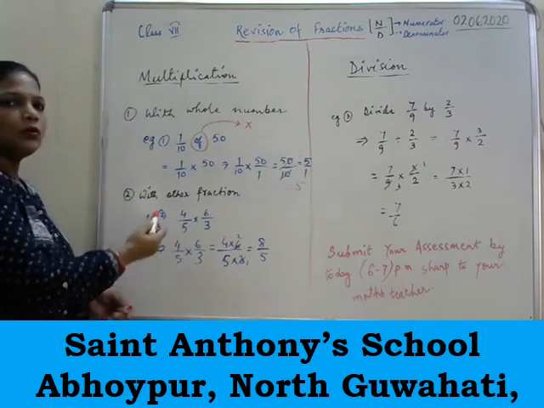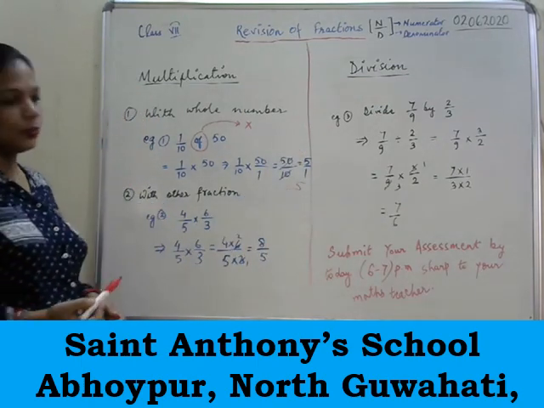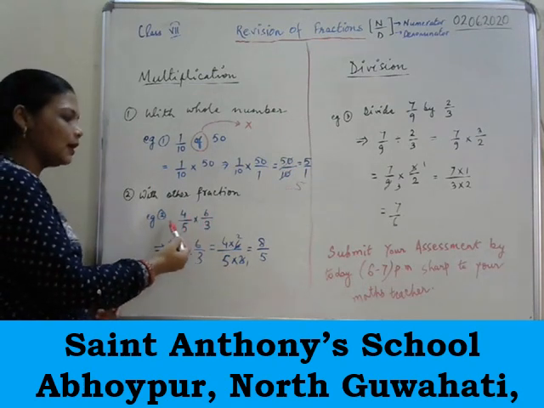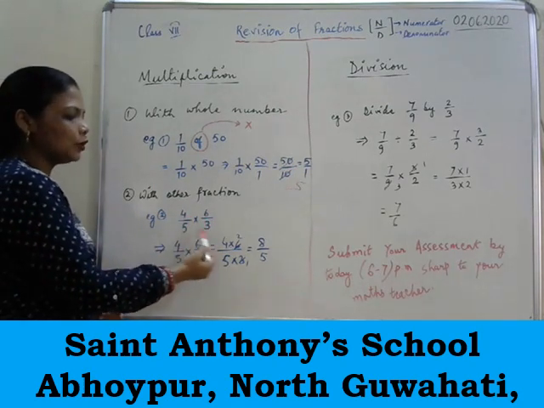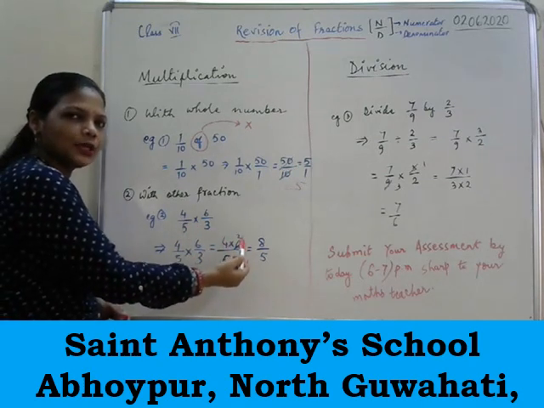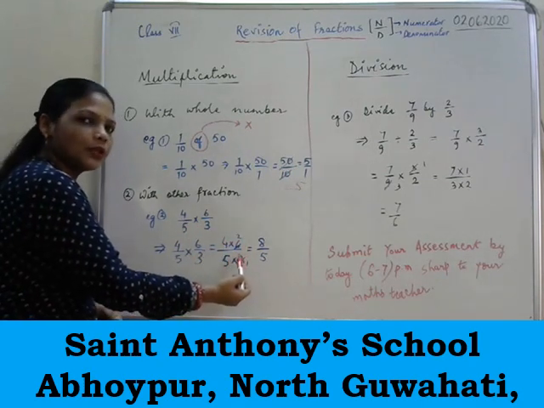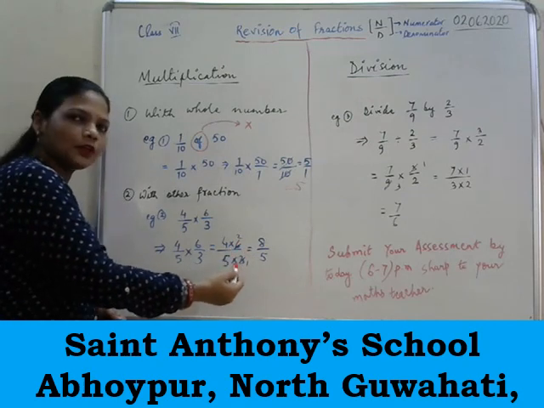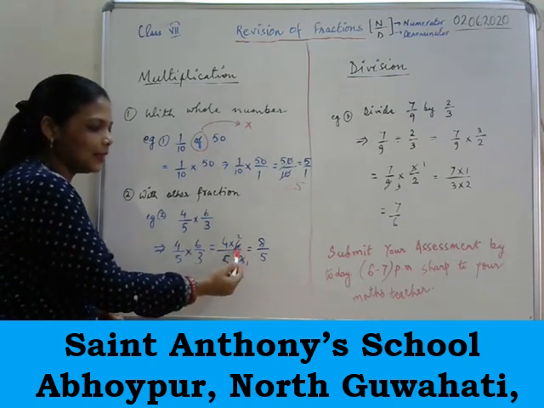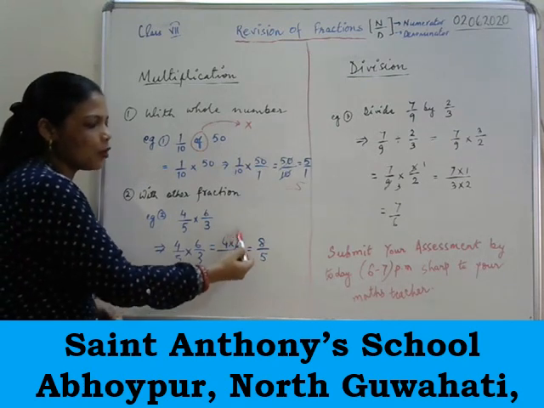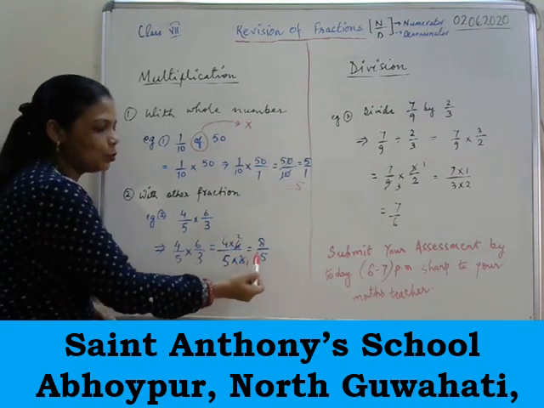Now, when we have two fractions to be multiplied, what will we do? Same method. See the example, 4 by 5 into 6 by 3. So what will you do? You will multiply the numerators 4 into 6 and the denominators 5 into 3. If you can cancel any of the terms, please see and cancel. Here I can cancel, 3 ones are 3 and 3 twos are 6. 4 into 2 is 8. 5 into 1 is 5.